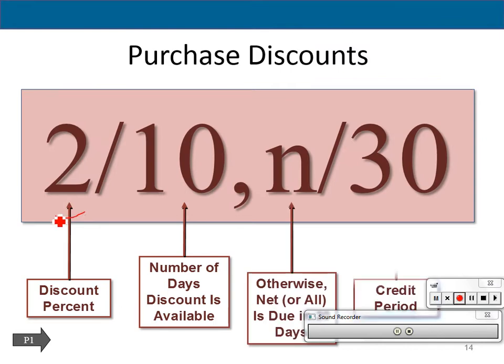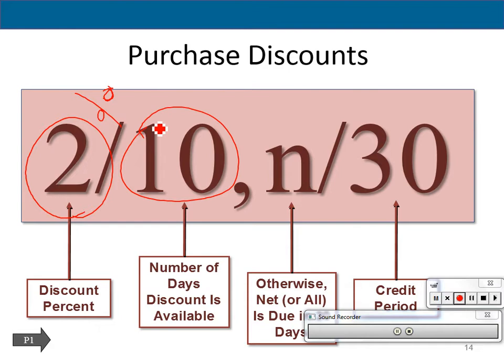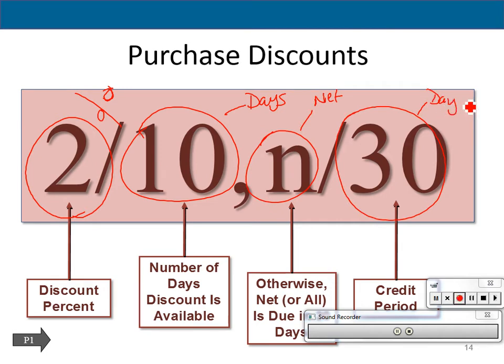You have 2, which means 2% discount. You have 10, which is the days, okay? N, which means net, and then 30, which is also in days. So what does that actually mean? What it means is that